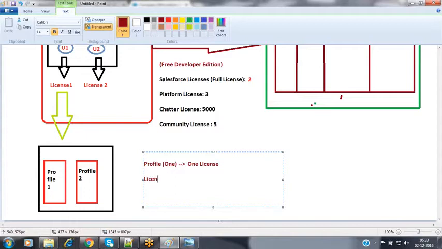But one license can be associated with multiple profiles. So nothing but between profile to license, okay, profile to license is 1-to-1, and license to profile is 1-to-many. So this is the association that we have.